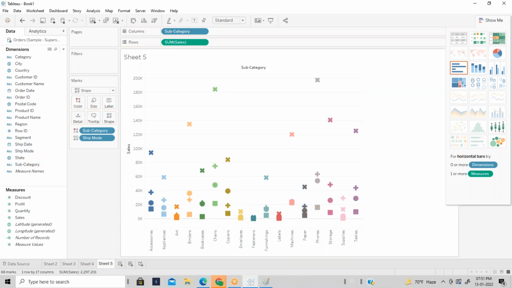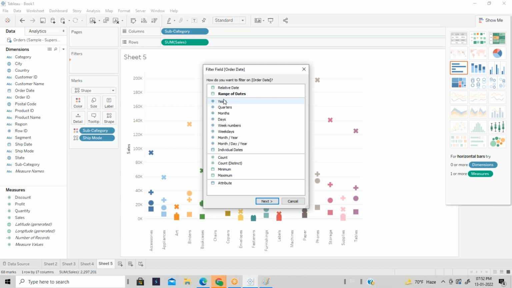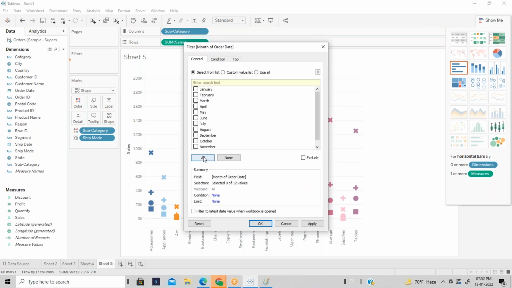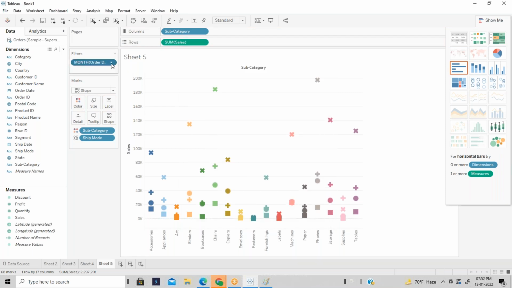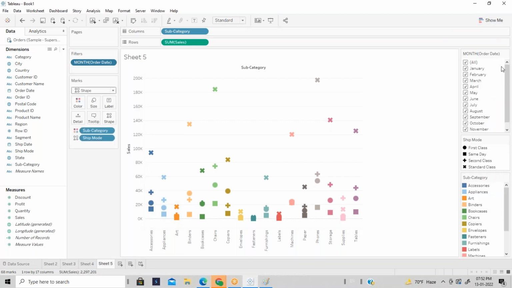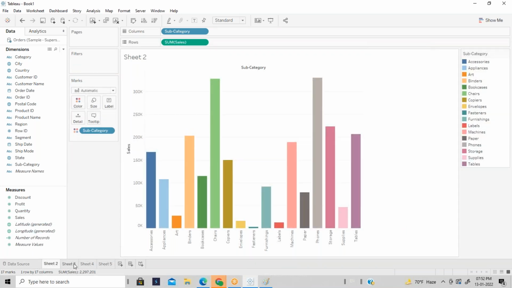Take the subcategory and put it into the color. This looks good. And I just want to add the order date, where I choose only the month's data. Now we have a total of 4 sheets which I created, guys. Maybe I just want to have a region as well.